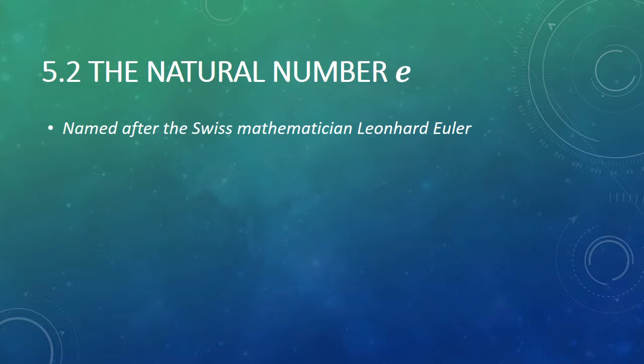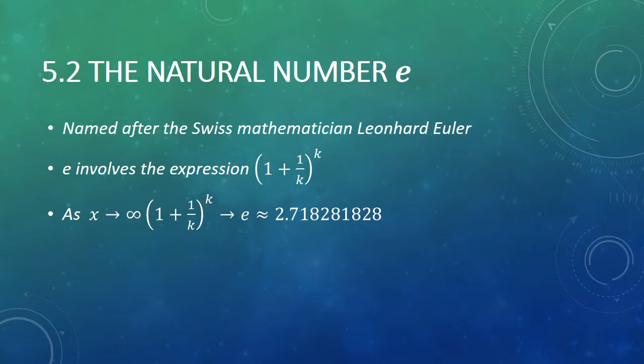Now we have this number symbolized by a letter, another one here. It's called the natural number, and the letter it's symbolized by is E. It's named after the Swiss mathematician Leonhard Euler. It involves the expression 1 plus 1 over k to the kth power. And the idea is that as you take this 1 plus 1 over k to the kth power and push it to infinity, it converges to a number,